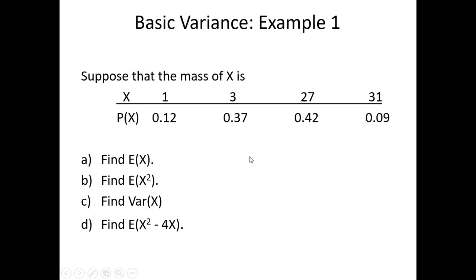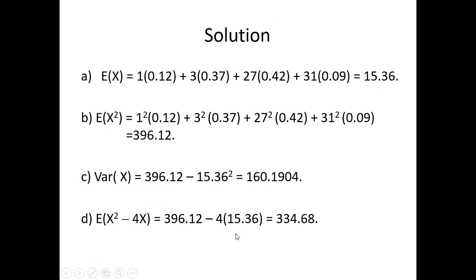And let's say we're interested in finding E of x, the variance of x. This is just sort of an intermediate step. And something a little different, the expectation of x squared minus 4x. All right, so the first is pretty straightforward. We're just looking at the sum of the products, x times its probability. So we can multiply these out and then simplify, and you should see that we get